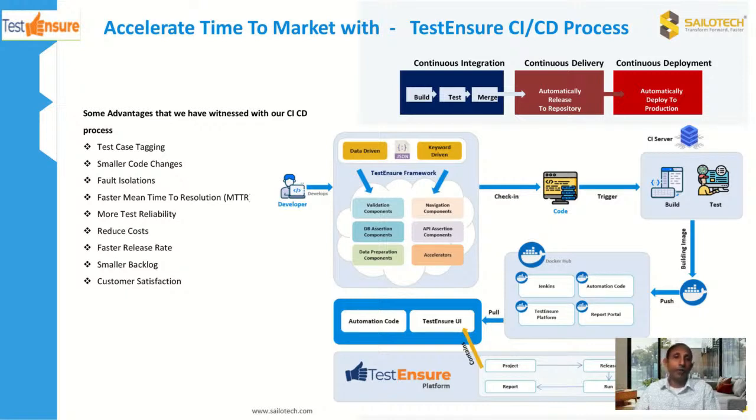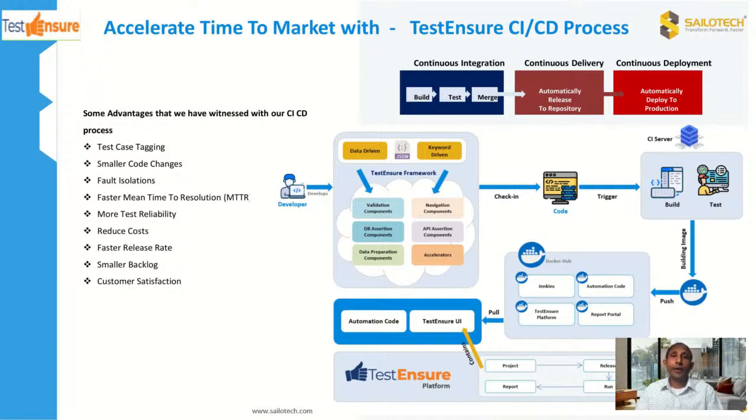Then the check-in code will be merged if the smoke test passes, and then the release will go into the repository for the deployment into production, or any other environment, from say development to QA to staging to production, and so on and so forth. So with the TestEnsure CI/CD process, we have something called test case tagging, which is basically helping with